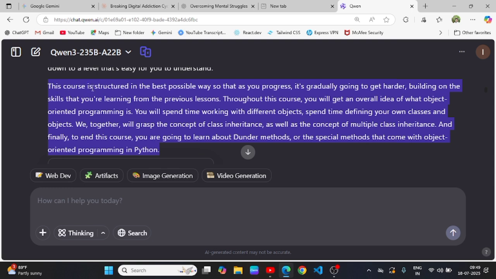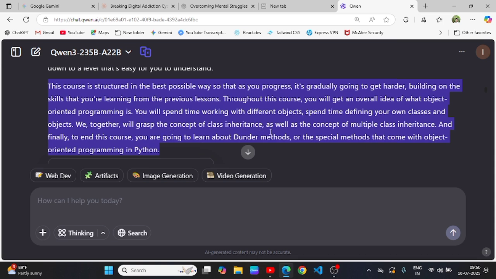This course is structured in the best possible way. As we progress, it's gradually going to get harder, building on the skills that you are learning from the previous lesson. Throughout this course, you will get an overall idea of what object-oriented programming is. You will spend time working with different objects.